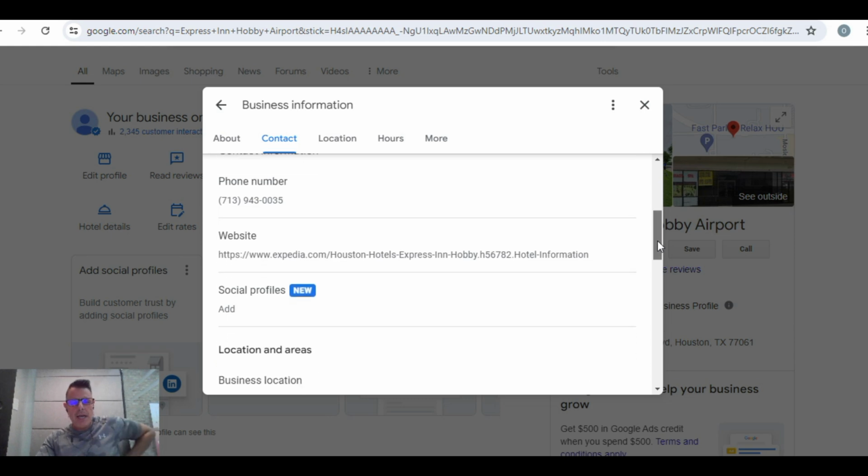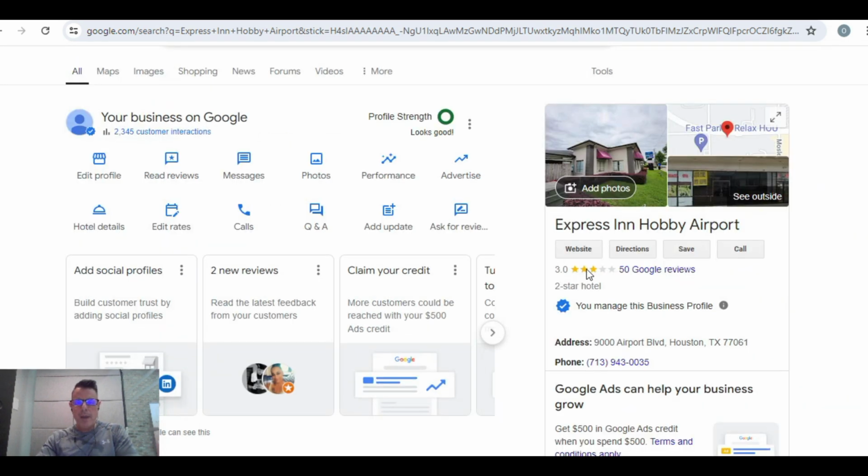And here's something I think a lot of people aren't aware of. Let me show you guys. When I first started helping this property, this website button was not there. So there was no way, if somebody was on Google and they wanted to book this property online, if they wanted to book a room, there was no website button there. They had to call the hotel from the phone number right down here directly. Okay? So what I did is I went through, and since this property is an independent property and they do not have a website,